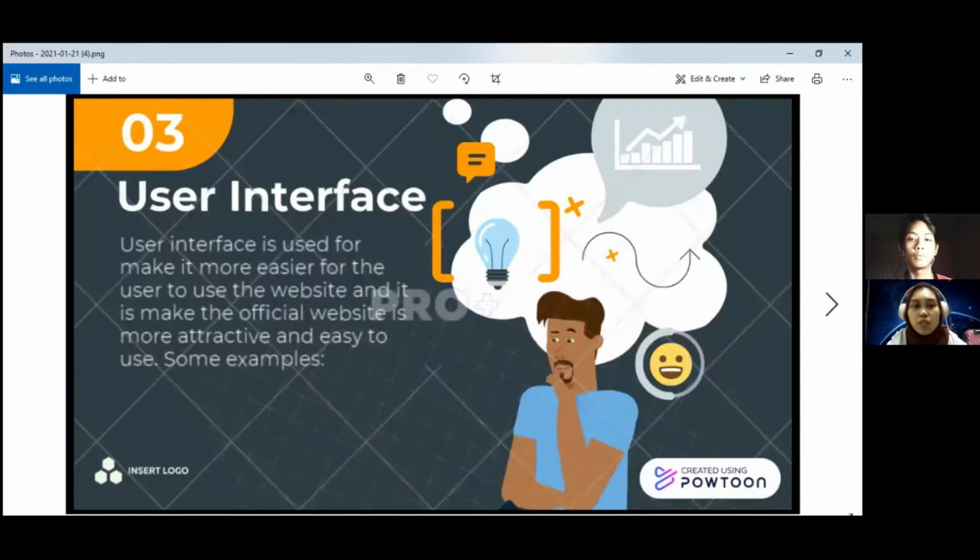So we have to talk about the official website of the Majlis Perbandaran Kuantan and the most important part of this website is the user interface. As we know, the user interface is used to make it easier for the end users to use the website, and it makes the official website more attractive and easy to use. For example,